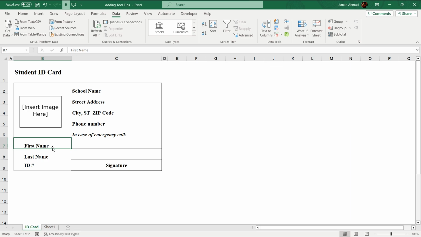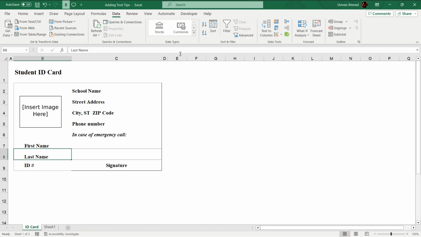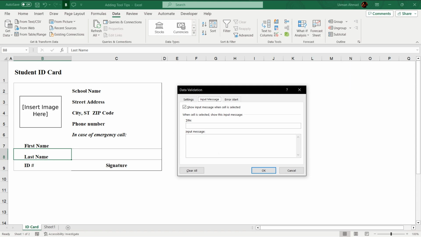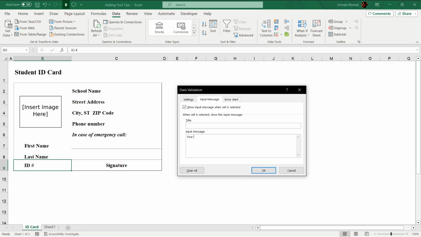Okay, now I want first name there, so I want in capital letters, so your first name in capital letters, your last name in capital letters, ID number, your 8 number ID will be entered at the